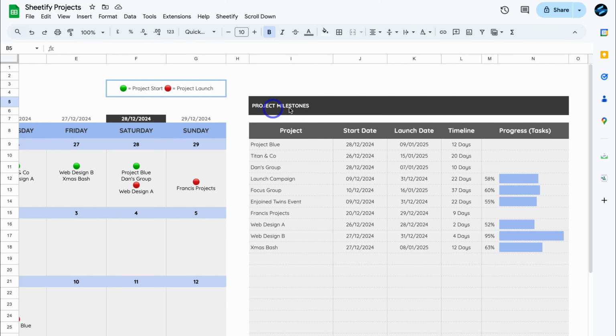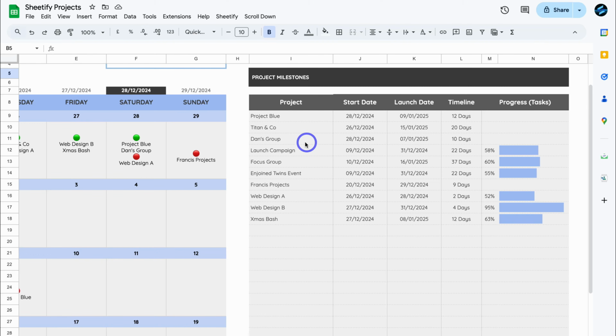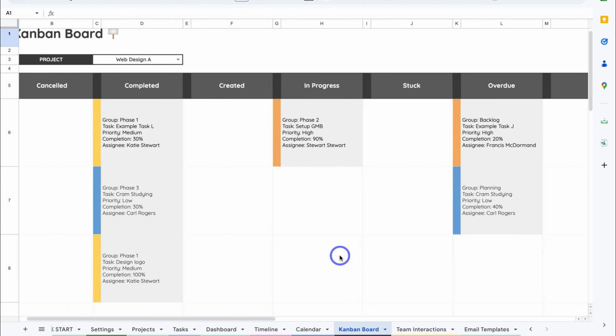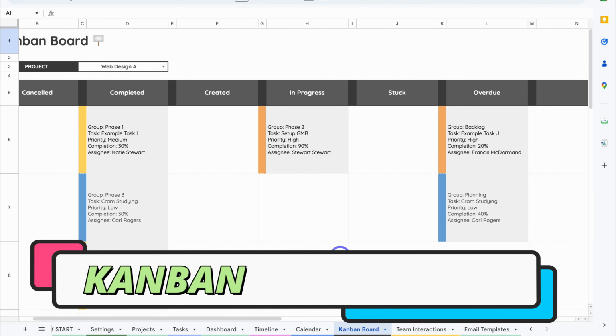You can also see project milestones. Again, here we have our current projects, start date, launch date, timeline, and progress. This is based on our tasks. If we navigate down to Kanban board, here we have a Kanban board based on the tasks assigned to a